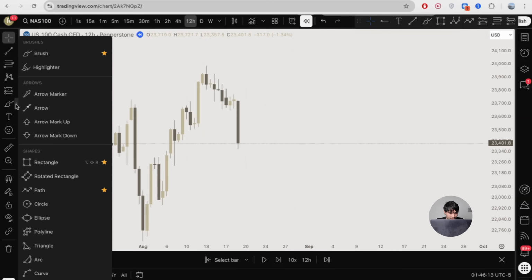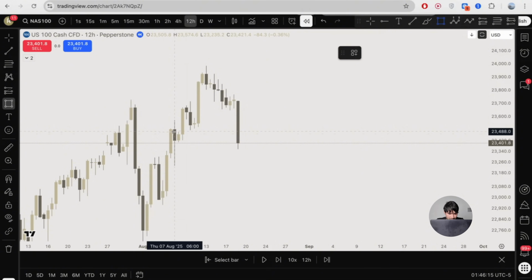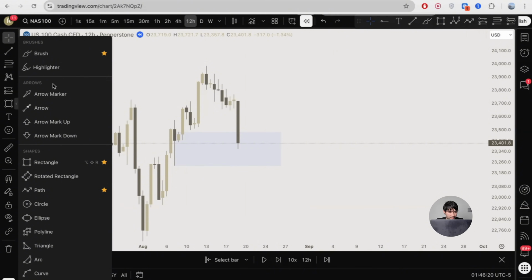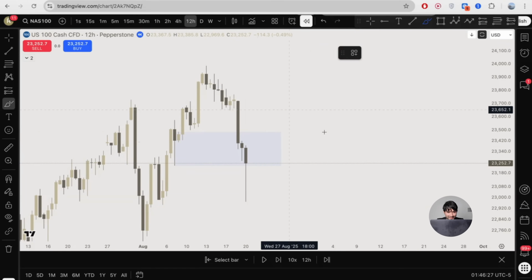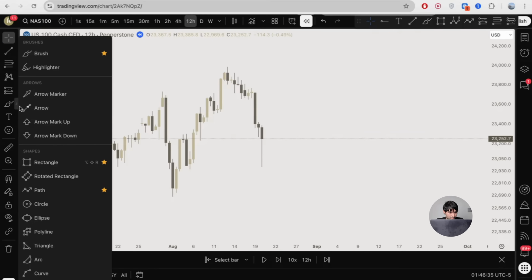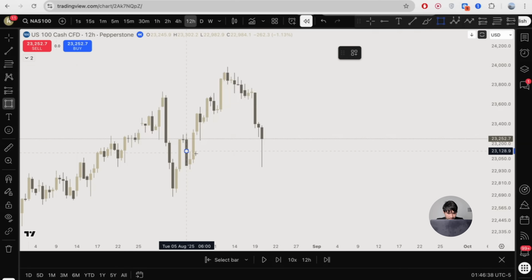And we'll outline our area of interest, which I'd say is anywhere from this candle down to its low. And we'll look to see if there's any type of rejection or swing pattern we can trade. Okay, we completely annihilated that zone, which is totally fine. All we were doing was looking for confirmation. So we'll delete this,